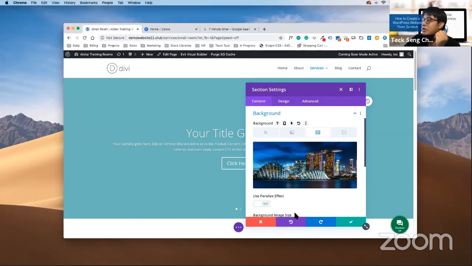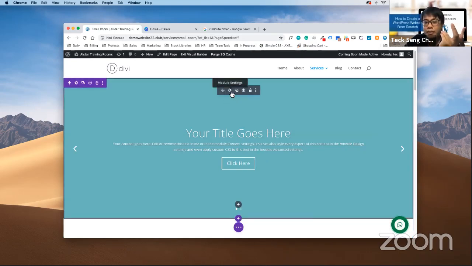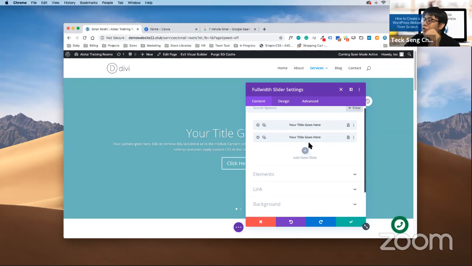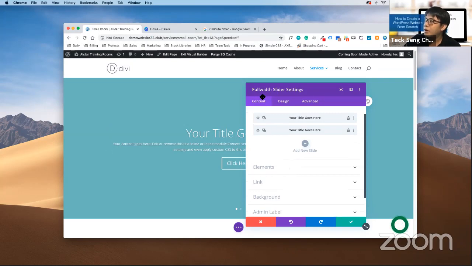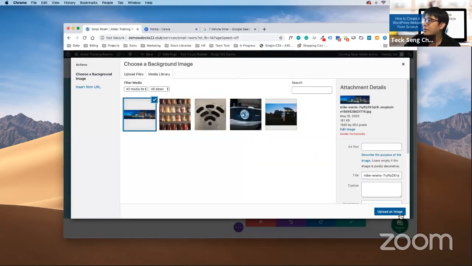So what you should do is not this way. You should go under your module settings instead, which is the gray. So just to recap, the module is actually gray in color. Click on the gray color settings. Now there are a few places you can choose. If you put the background using the full width slider here, you won't be able to see the image change as well.